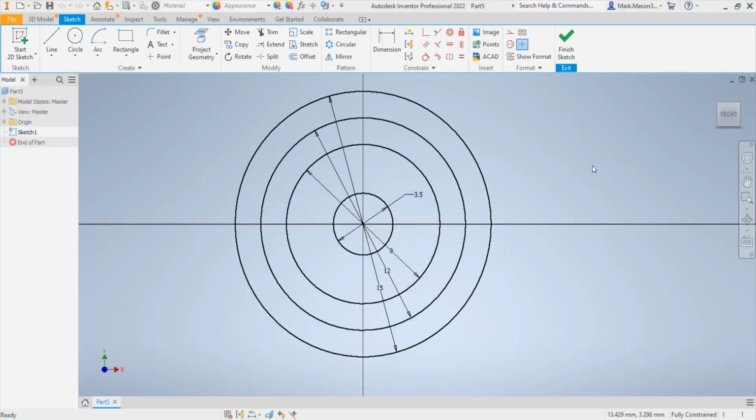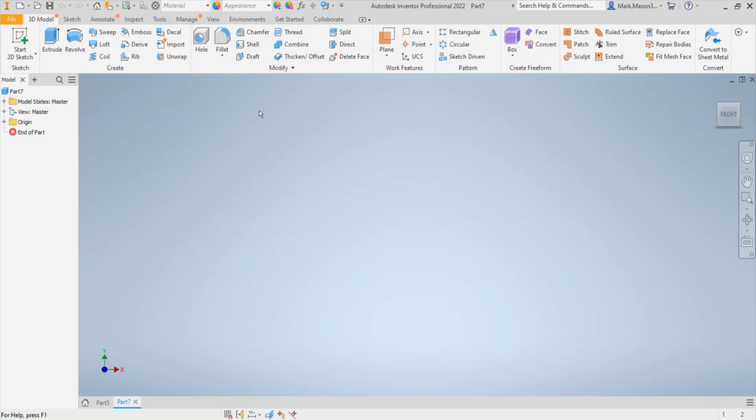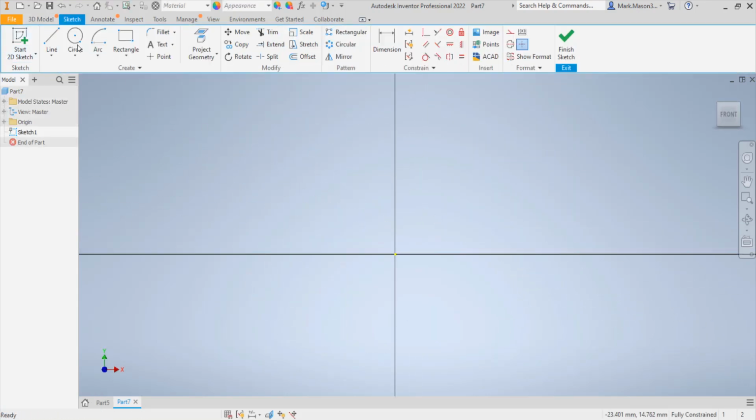Circle. Let's move on to talking about tangencies and applying tangential constraints. So if I go into a new file, standard, 2D sketch on the X and Y, and create a simple shape here with 3 lines,